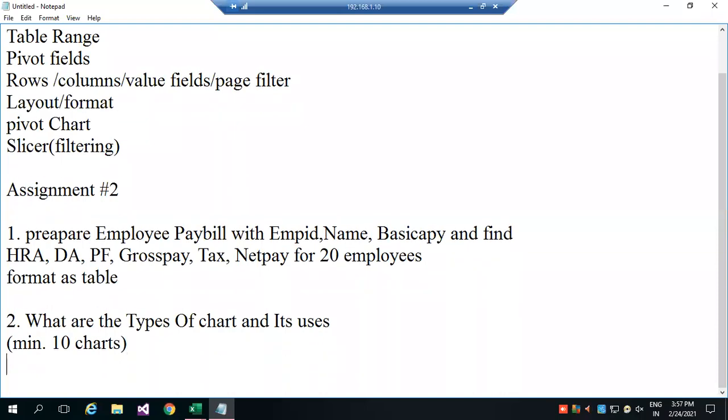It could be a subtype or the main type. So you have to tell me what it is, when to use a line chart, what comparison, and what is the use of column chart, bar chart, pie chart, stacked bar, combo chart, XY chart, area chart. Okay. So this is your assignment. You can submit.